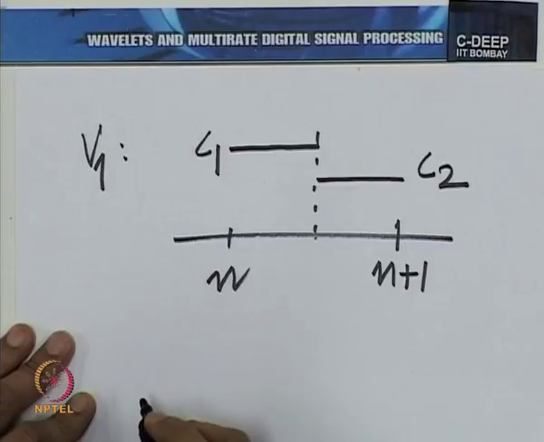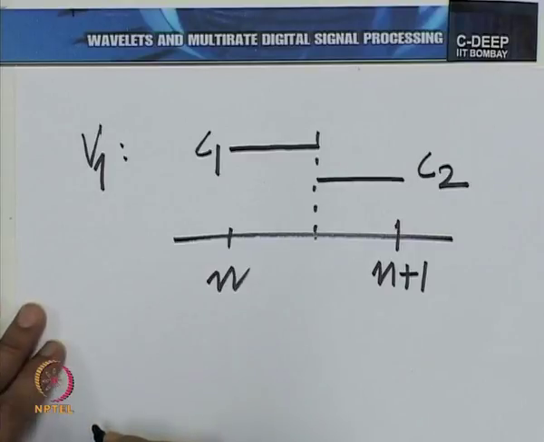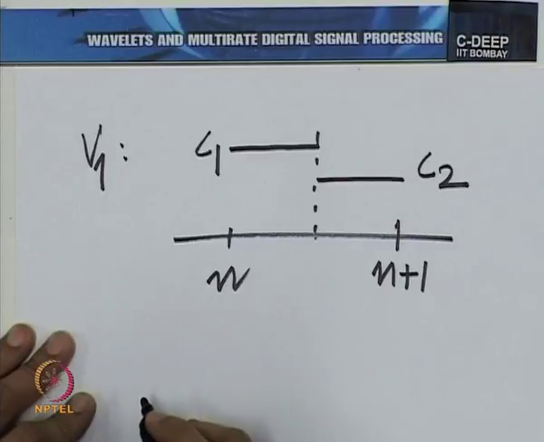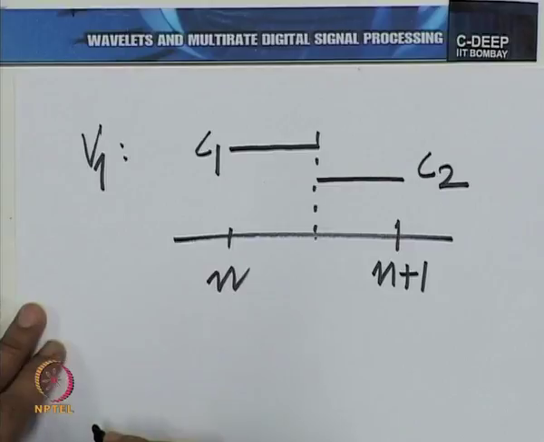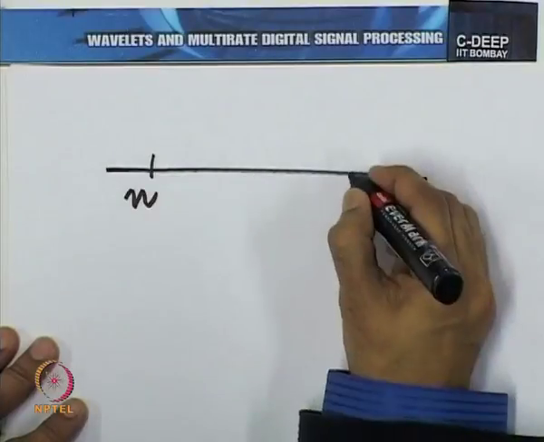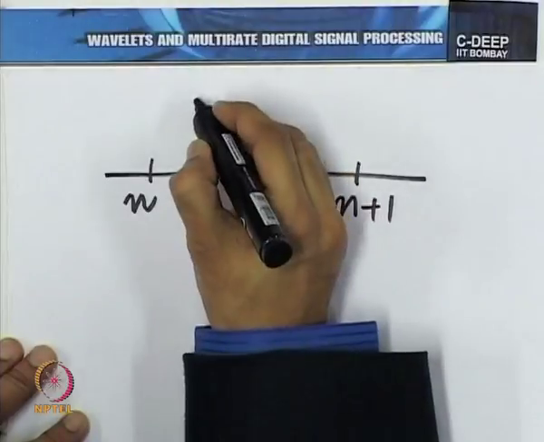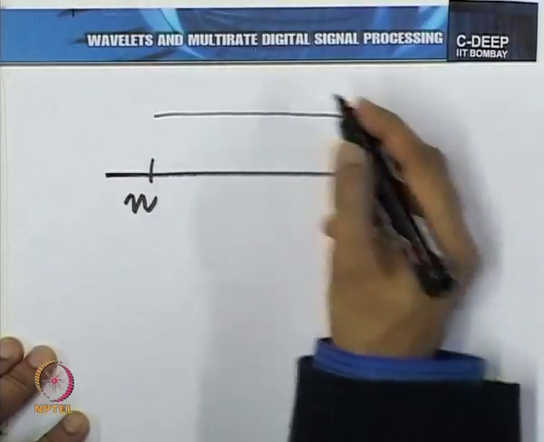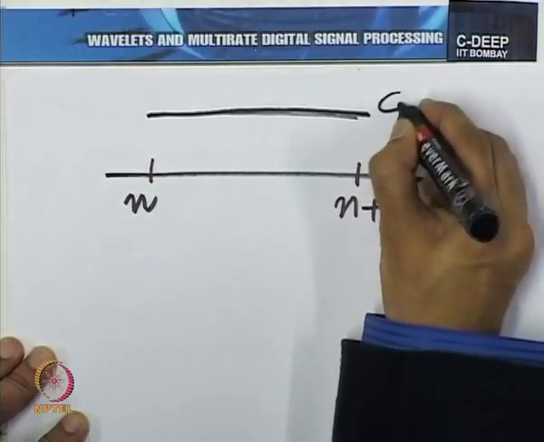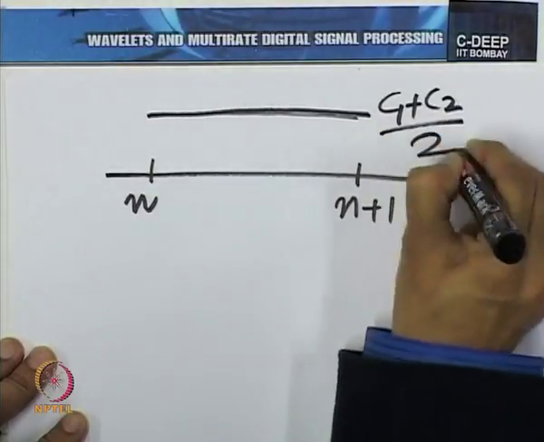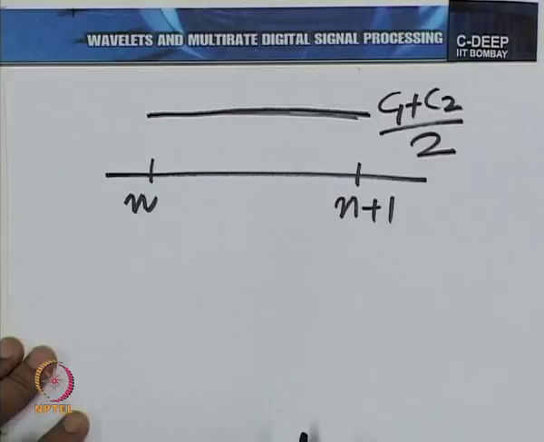It is very easy to see that this can be treated as a function belonging to V0 plus a function belonging to W0, where the corresponding function belonging to V0 looks like this. So, this function is equal to this function, (C1 plus C2)/2 over the interval n to n plus 1,